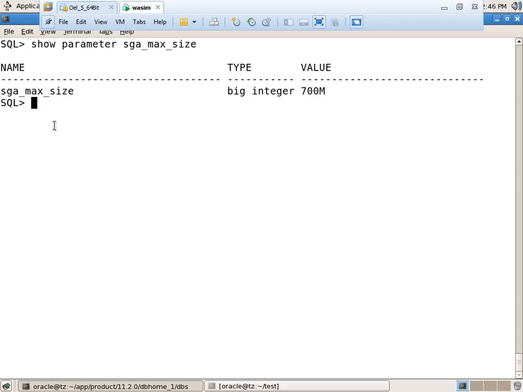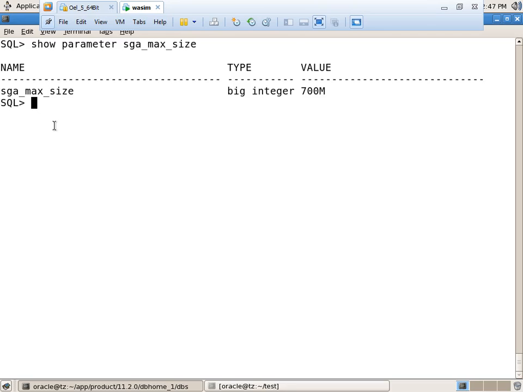Alter system set sga_max_size equal to 500m, comment equal to, I am giving a comment. Okay. See, what is the use of this comment? We can increase up to 1 GB, right? That's why I am setting the comment. Suppose we don't know how much we can increase. Suppose your shift is done, and one more person comes. We don't know how much size we can increase. Just we can specify the comment, and he will understand. Okay.